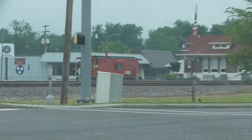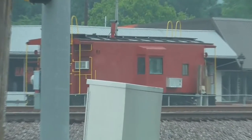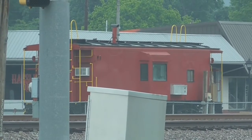Into Spring City. No sign of 72Z, but there was a nicely restored caboose and station, which was nice to see. South of Rockwood, we finally caught up to the train. The chase was on. But of course, when you're in a hurry...